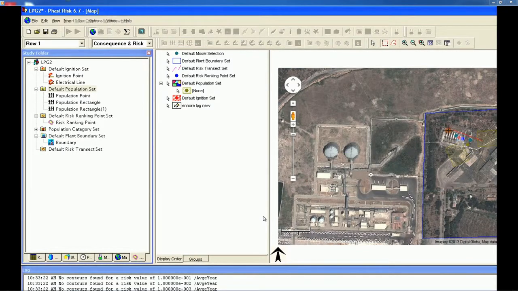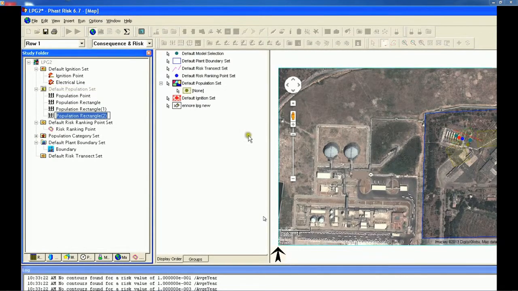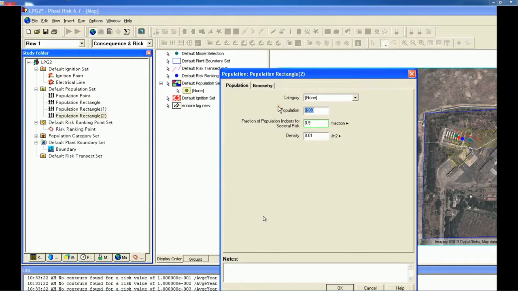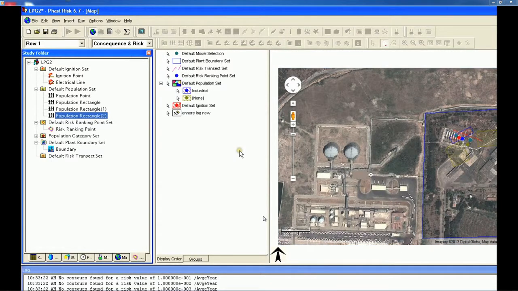For run row 1, now you are giving a new population dimension, you are taking the population closer to the source as you see from the screen here. So I call this population rectangle 2, I am giving population, earlier I gave 50, now I gave 50, but I moved the population concentration to the specific source and the source category is now industrial.